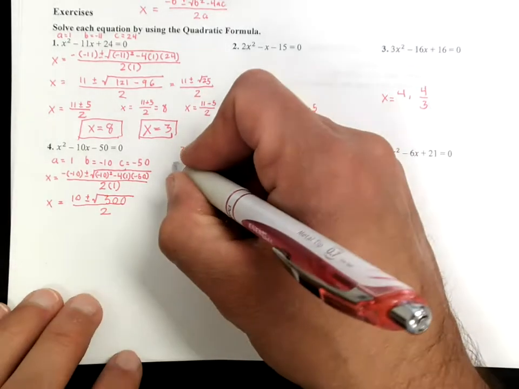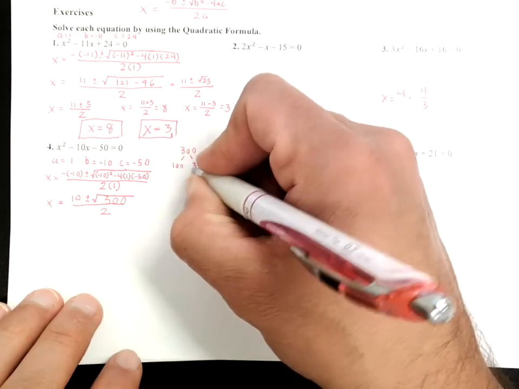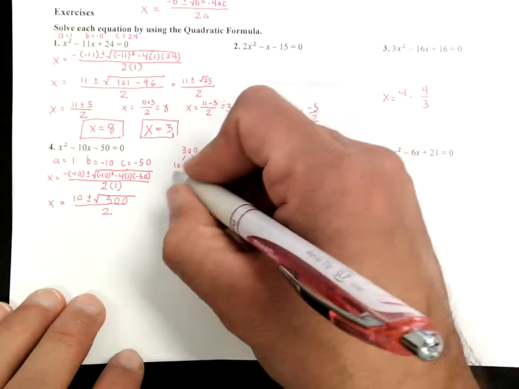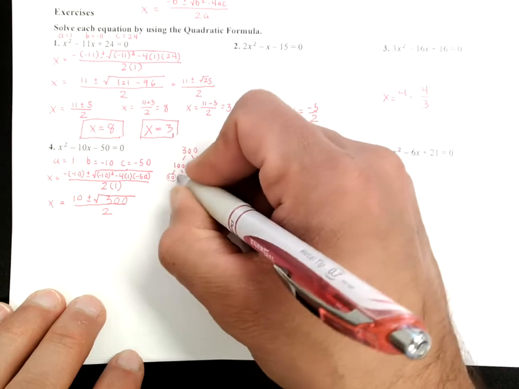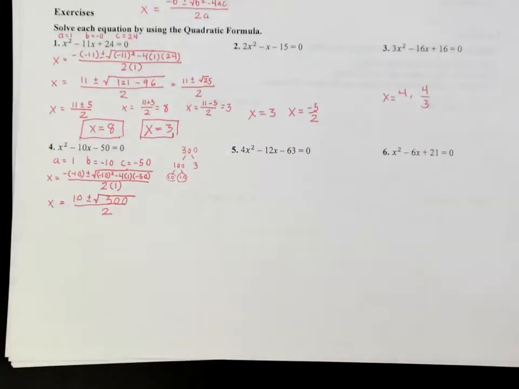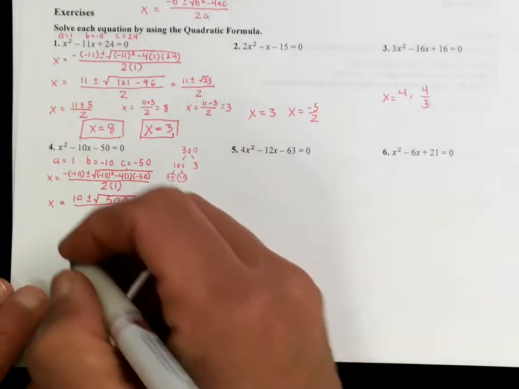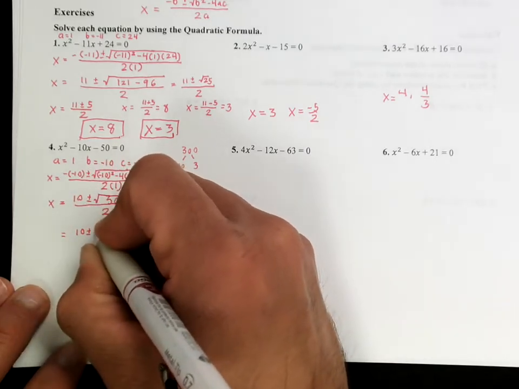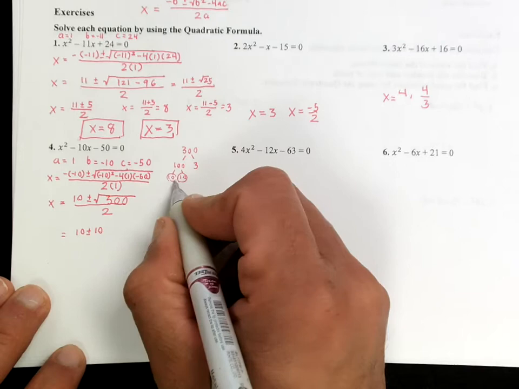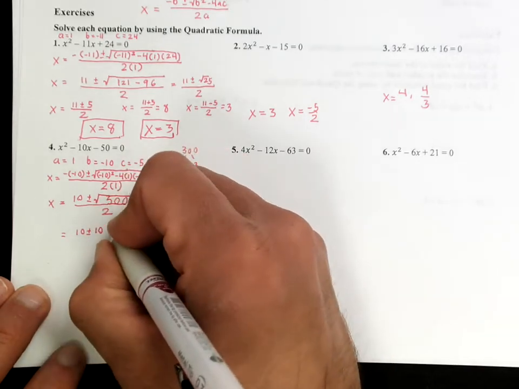Now, I know that this is 100 times 3. And I know that 100 is 10 and 10. As soon as I see a pair, I stop, because 10 and 10, that's it. I have a pair and I have a 3 left over. So this is going to be 10 plus or minus 10, remember that 10 came from this, square root of